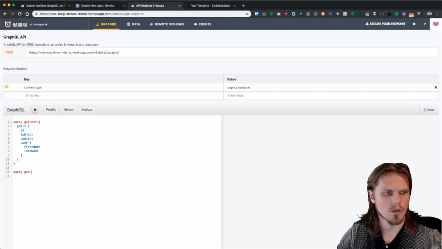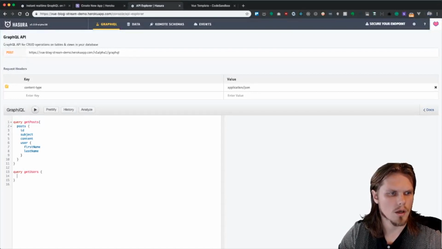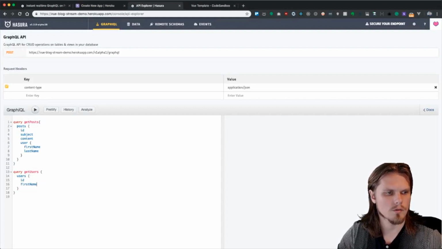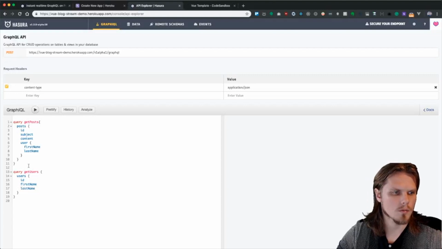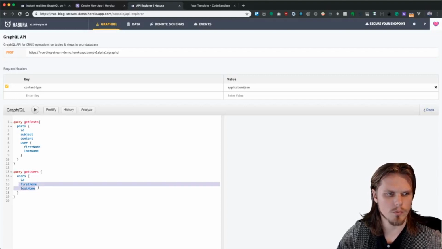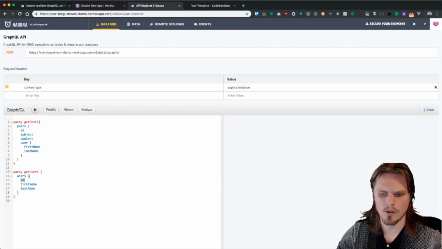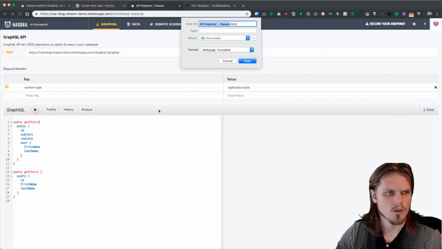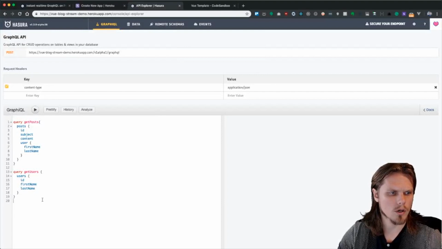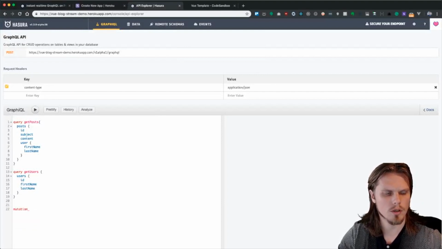I will call it get users, and I will get basically users. I will get an ID, and I will get first name and last name. This one is just for presenting this in the UI, and the ID will be the actual value that I will need to pass further. So from my form, I will call a mutation, and we'll call it